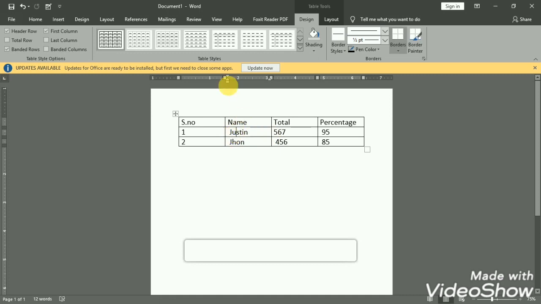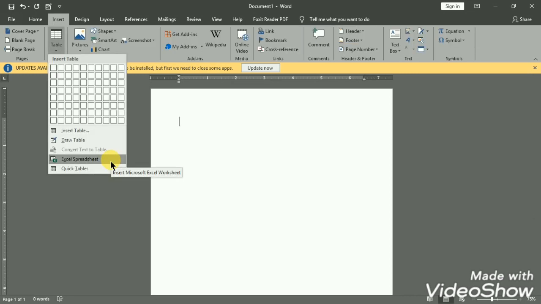Next one is Excel spreadsheet. What is this Excel spreadsheet? In the Excel spreadsheet, we can insert formulas in the document. I cannot use formulas in MS Word, so I can use Excel spreadsheet.